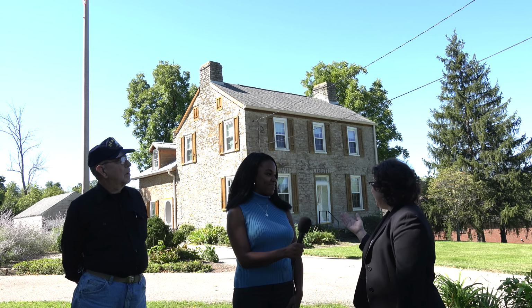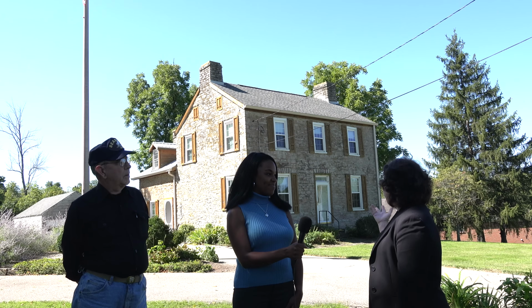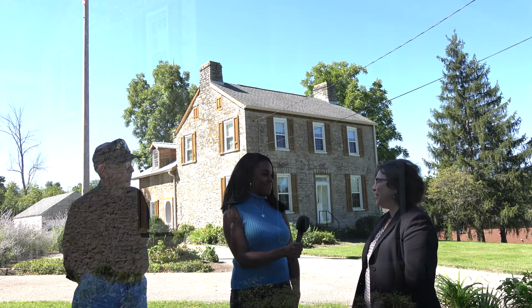Well, our earliest information is that this house was built around 1836. This house has been through several different families, probably 5 or 6. Most notably, Dr. Lyman and his family. Dr. Lyman was a physician in the 1850s, and he built a small addition to the house in the back